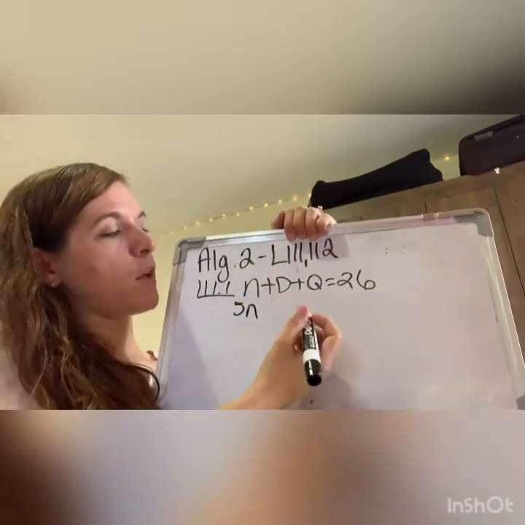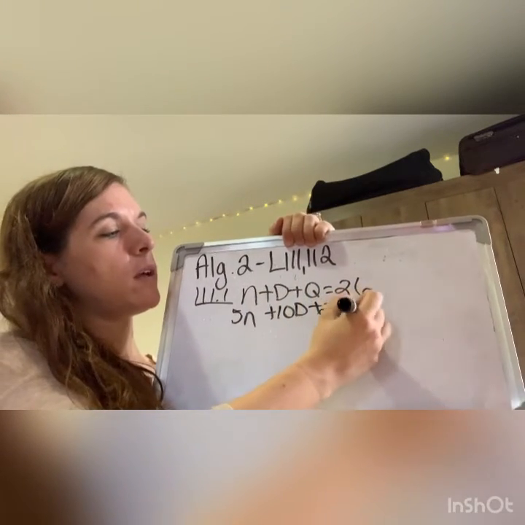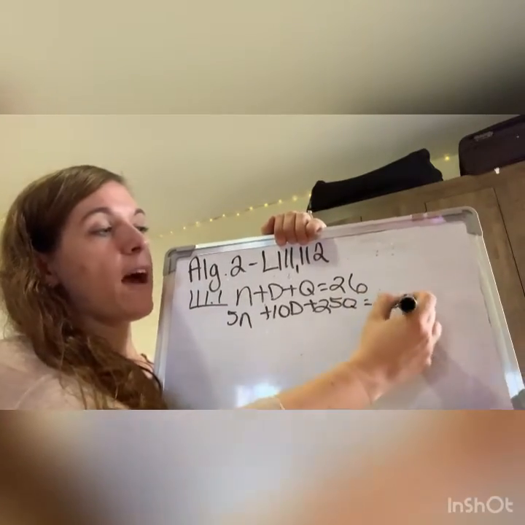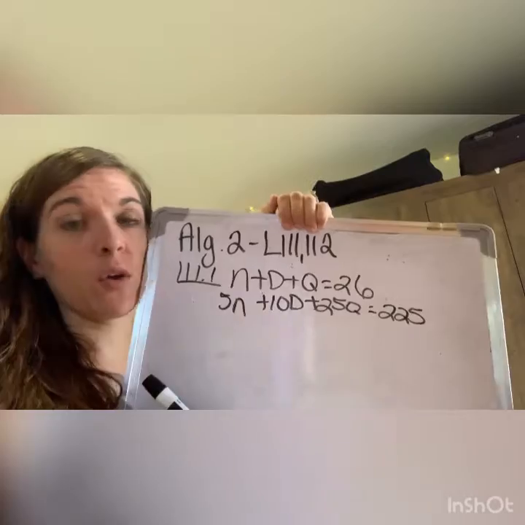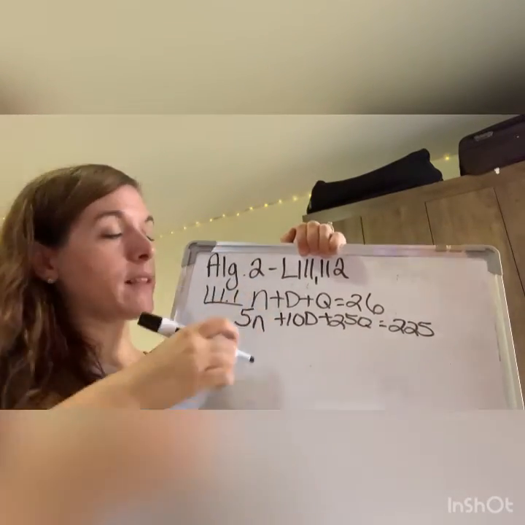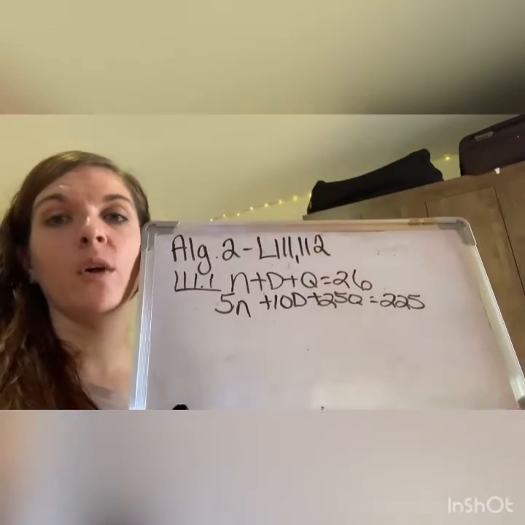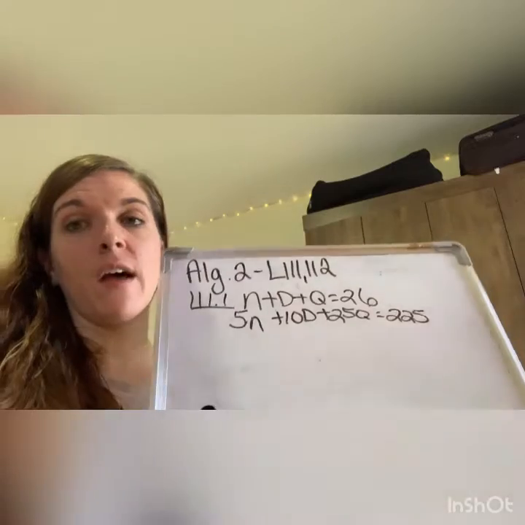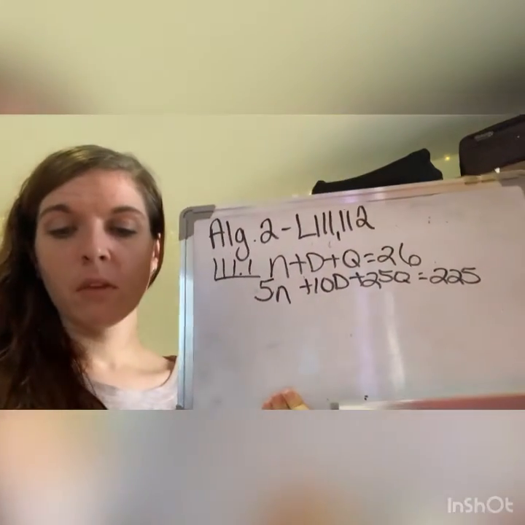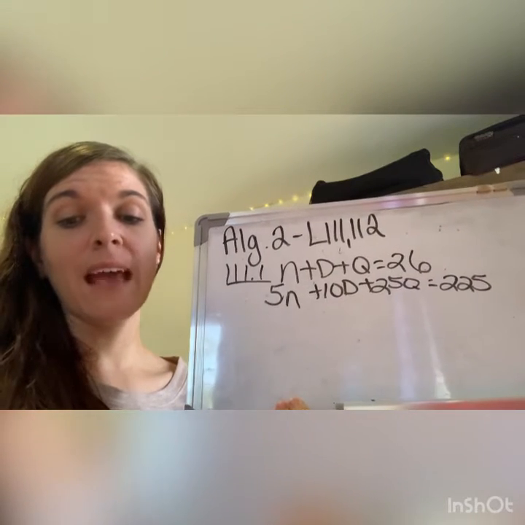5n, because that's the value of nickels, plus 10d, that's the value of dimes, plus 25q, that's the value of quarters, equals 225, because I don't work with decimals. You guys know that already, right? But I don't go 0.05n, 0.10d, 0.25q equals $2.25. No. Everything we take off the decimals, okay? Then it says, how many coins of each type were there if there were 10 times as many